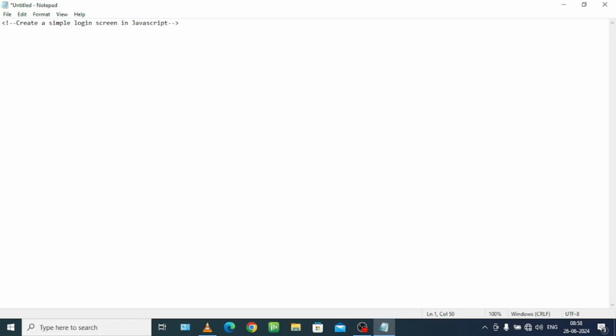So as you also know, this comment statement is ignored by the compiler when it compiles the code line by line. In the very next line, I will write the simple structure of HTML, that is